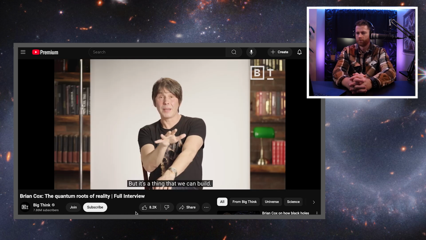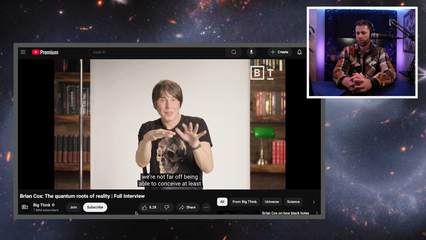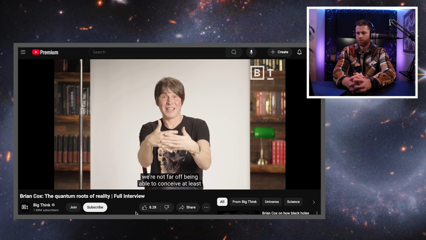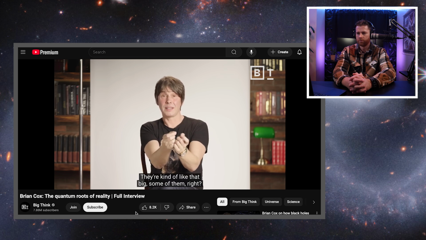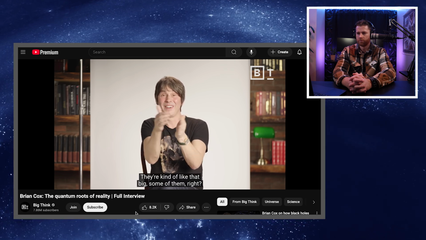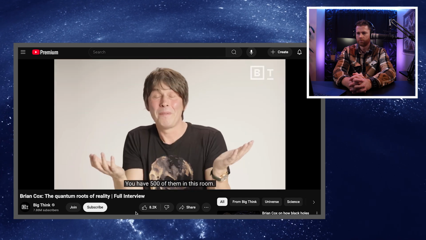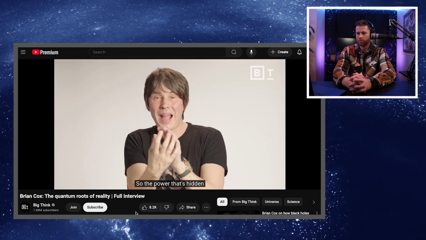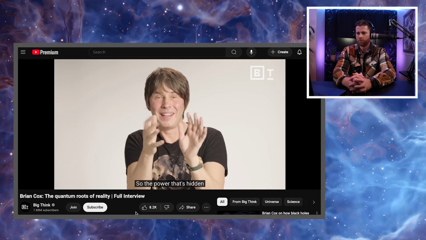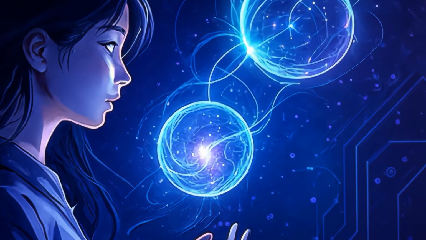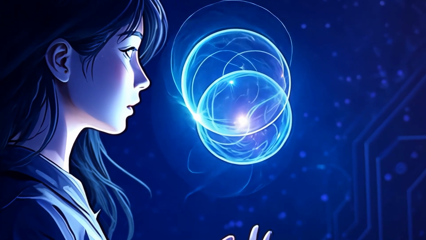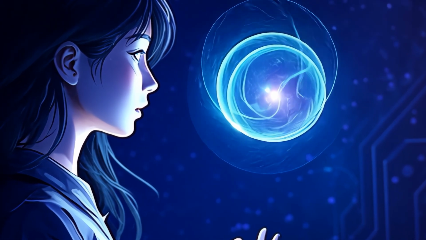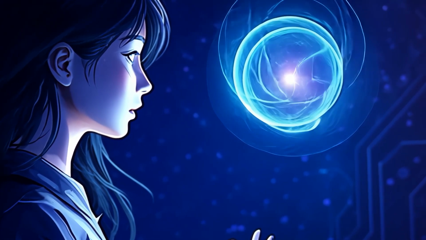But it's a thing that we can build. We're not far off being able to conceive, at least, of a network of 500 qubits. They're physical things. They're kind of like that big, some of them, right? So you have 500 of them in this room. So the power that's hidden in the description of a system like that is immense. And the thing that a quantum computer does is it uses that power, some of that